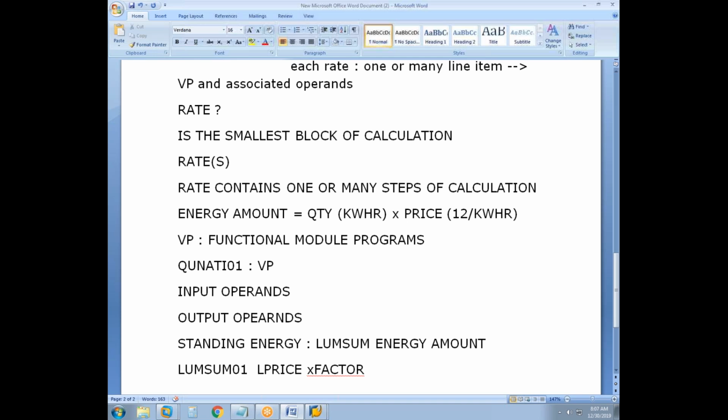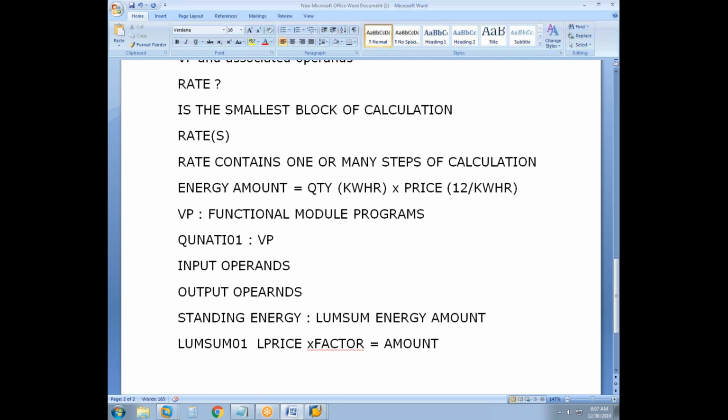Factor is just a numerical value. Let's say for all residential consumers, factor is 1.25. For commercial, it is 1.5. And for industrial, it is 1.7. So if you know the value of L price and the factor, then the amount is calculated. And the amount itself is the output that you are getting. So if you use lump sum 01 as the variant program, we have to define two input operands. One is the L price, one is the factor, and another is the amount. So the operands are